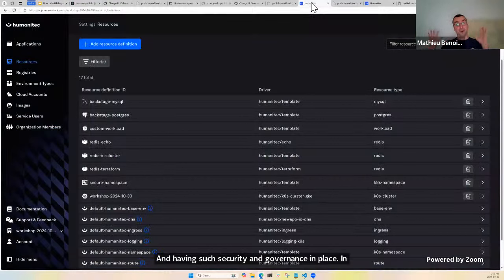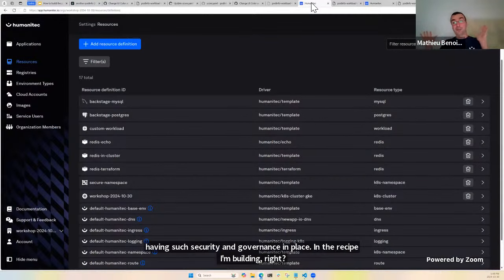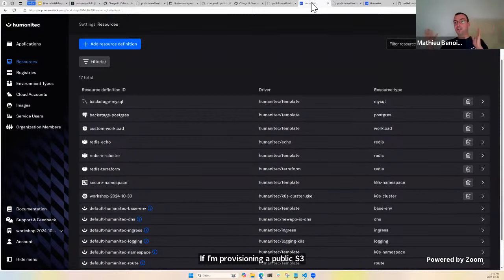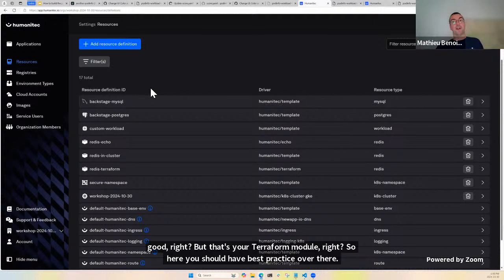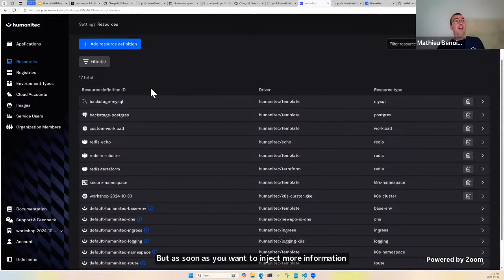right? If I'm provisioning a public S3 bucket, it's maybe not good, right? But that's your Terraform module, right? So here you should have best practice in place. Humanitec is not playing a role here. But as soon as you want to inject more information and more features in your external driver,